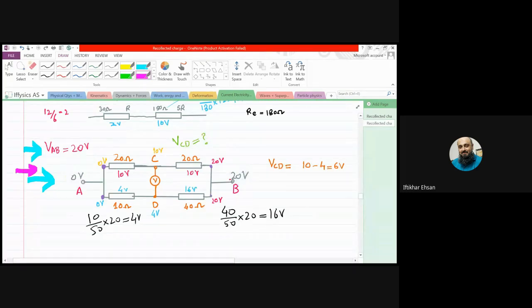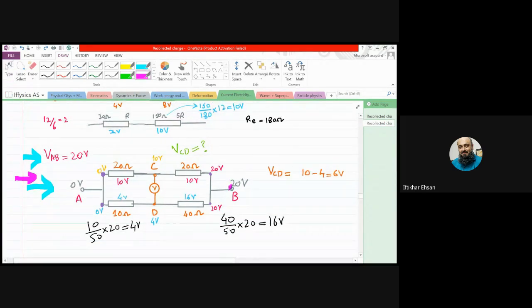Clear? Now, when the resistors are equal, the voltage will be equally divided. So 20 will be divided as 10 volt, 10 volt. It means each appliance will consume 10 volt. So what does that mean? If we start moving from 20 volt, if we say the voltage here is 20, then both these points are connected to the same point. It means both these terminals will have 20 volt potential.